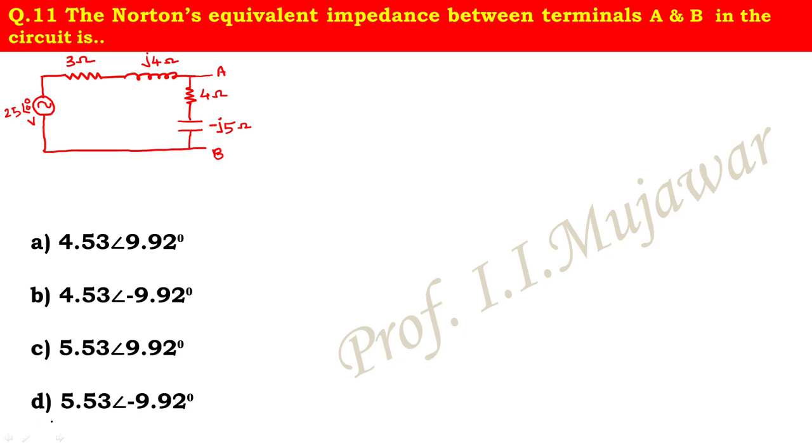Today we will solve a few MCQ problems. The problem statement is: the Norton's equivalent impedance between terminals A and B in the circuit is. See, this circuit includes